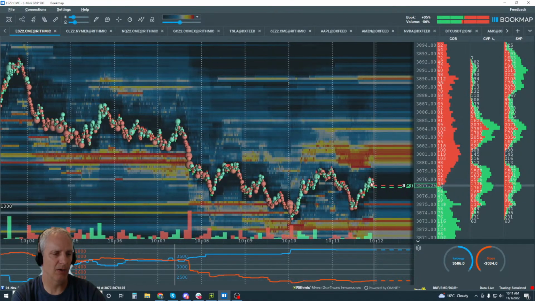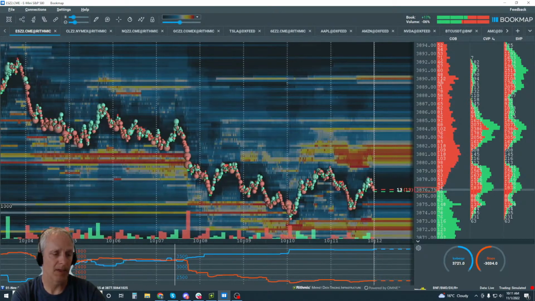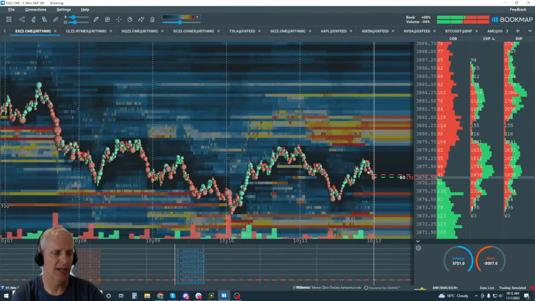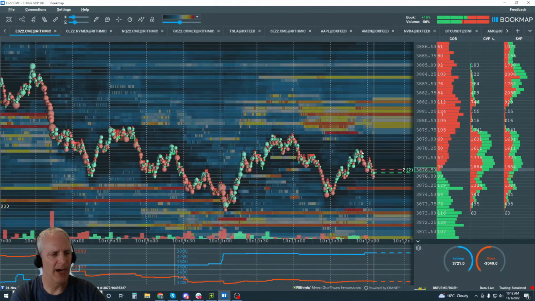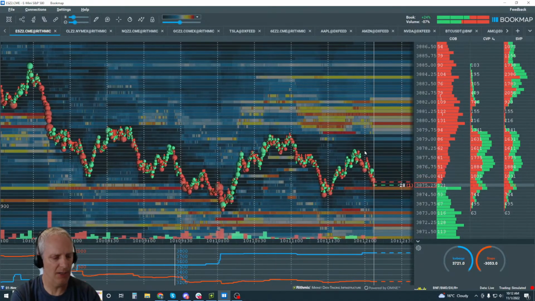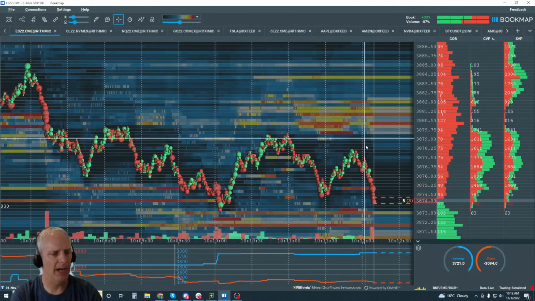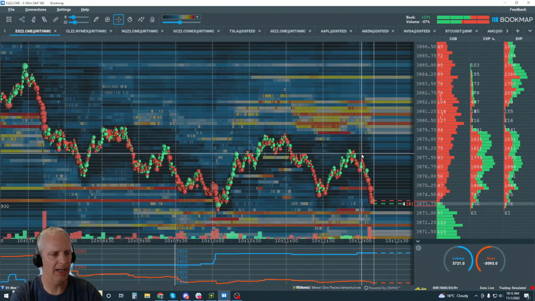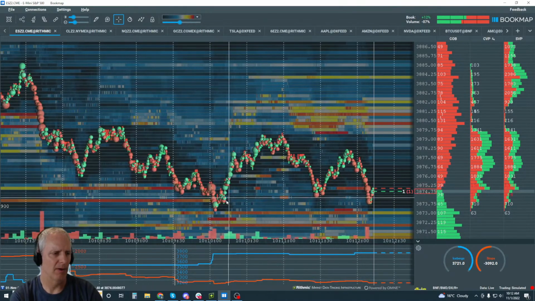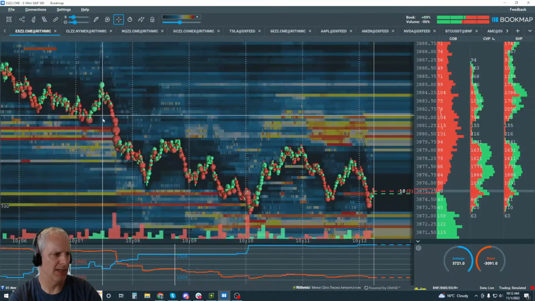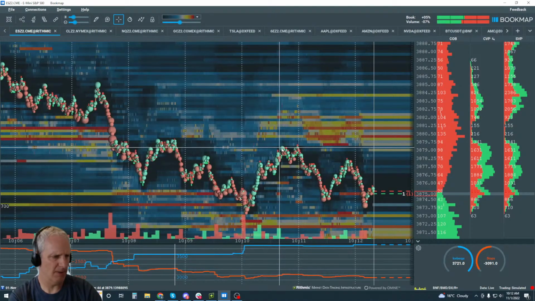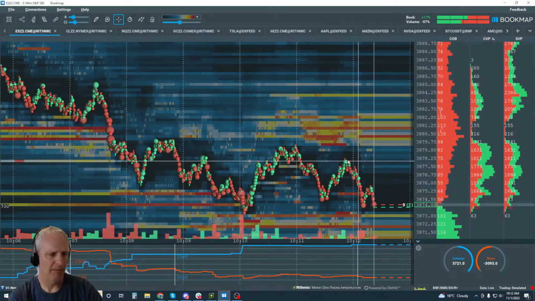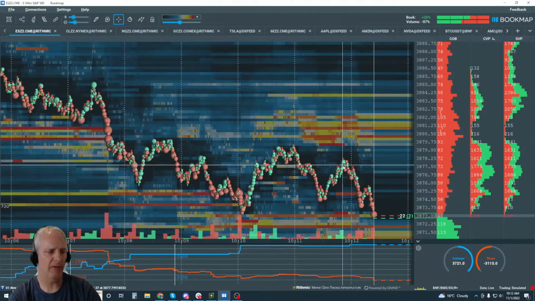Now look at this in here. See how we made a higher low and we're getting buyers up here? It's looking pretty good. We're getting a little bit of a pullback. Okay, let's see if we can get buyers. Now I wouldn't touch it until we get buyers back up here, right? Because we know liquidity is getting filled on the way down here. Look at this move up. It's pretty strong. And we didn't get buyers in here, so I stayed away from it.